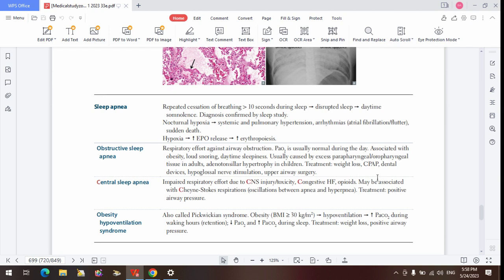Sorry guys, I failed to mention something. The reason why this obstructive problem actually causes sleep apnea at night is that at night respiratory effort is even more reduced. That is why they can easily suffer that apnea. They easily suffer apnea because at night there's reduced respiratory effort, more than during the day when you are active. So the fact that you have a reduced respiratory effort at night, coupled with a resistance at the airway, can trigger that apnea.